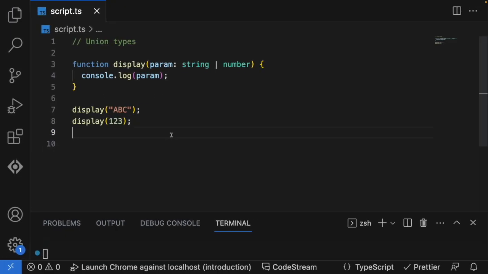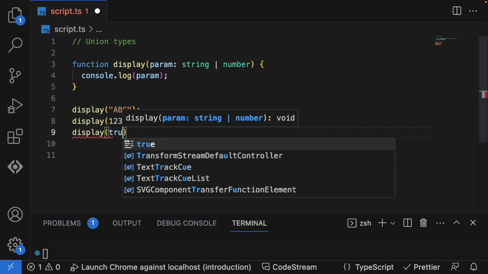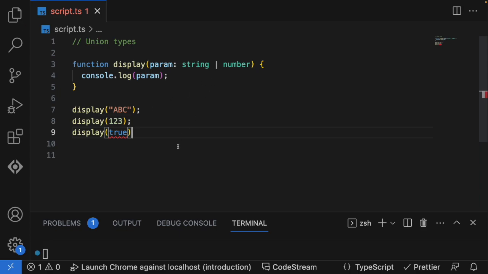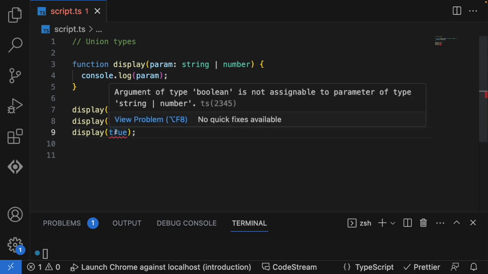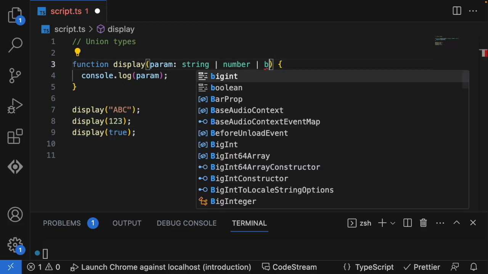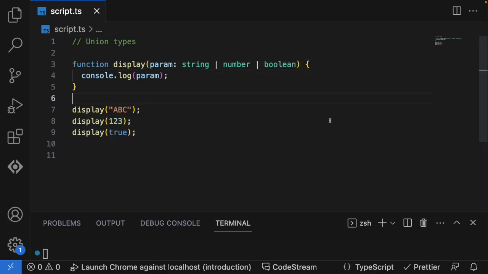Fine. Next, we can also make it more complicated. We can give an array here, we can give an object also, many other combinations we can put. Let's say I also want to give true and false here. Right now it's not allowing me because it's saying that only string or number is allowed. So if I want to make boolean also supportable, I need to make it this way. So this is how the union type will help you to combine different types together